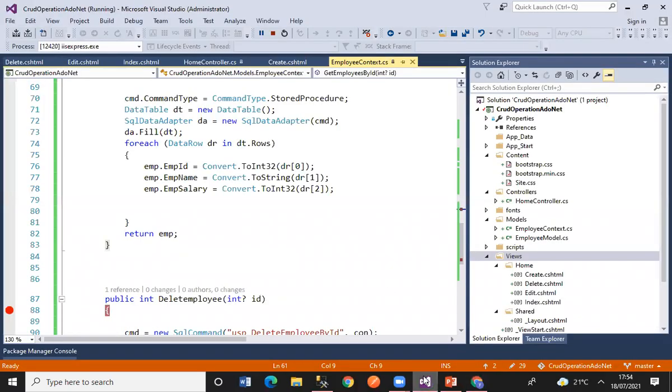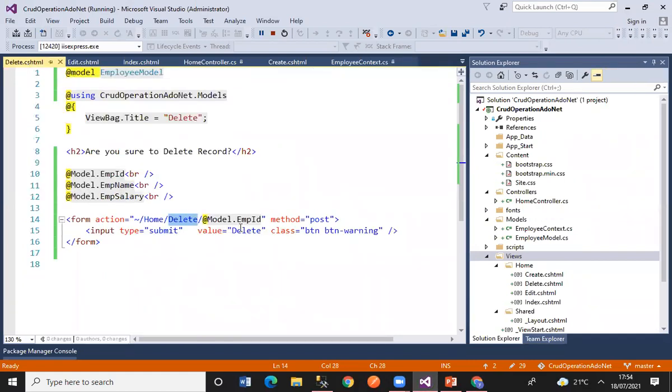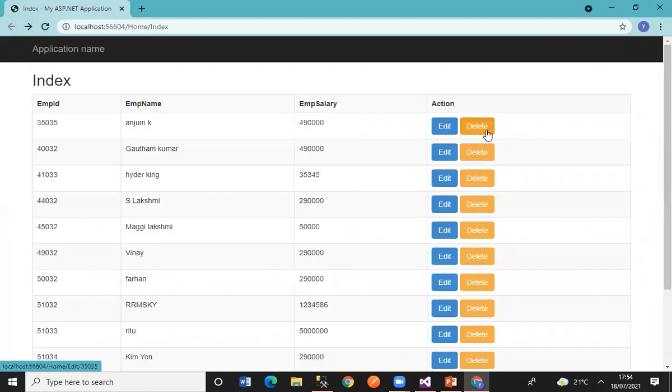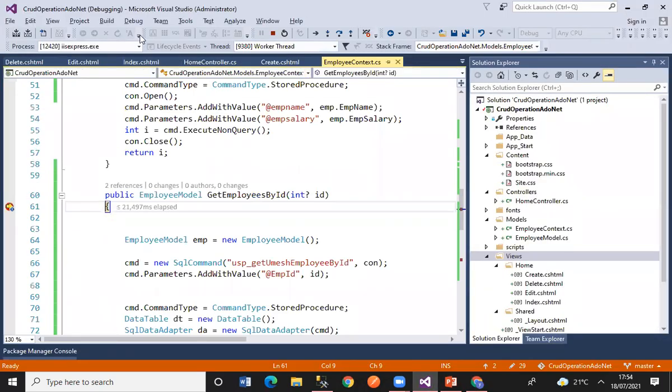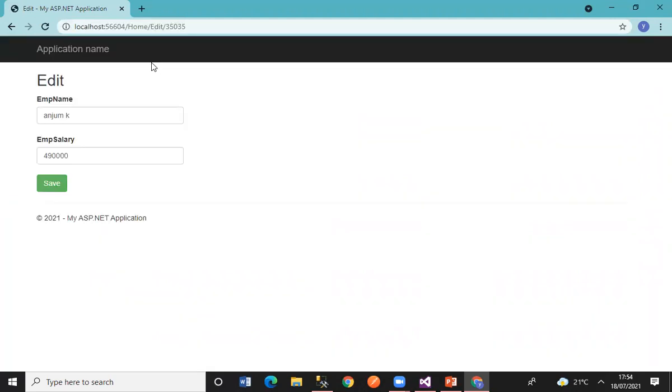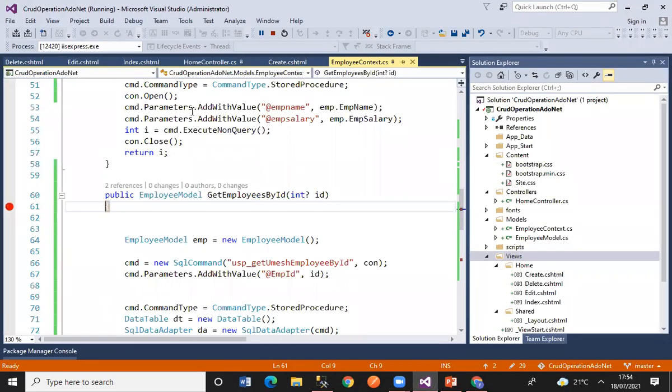So what is the issue I have done here? Tell me guys, what is the issue I have done? The issue is, I just forgot to click on some other page. Let me go back and check it once again. What did we do? Let's click on delete, and continue. Oh, we are again redirecting to the same edit page. Okay, let's see what issue we have done.